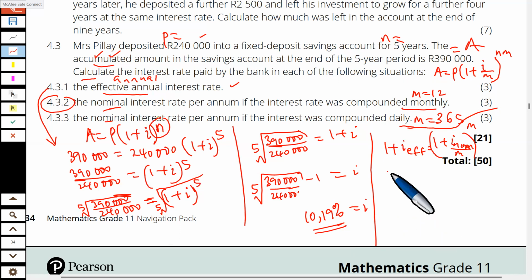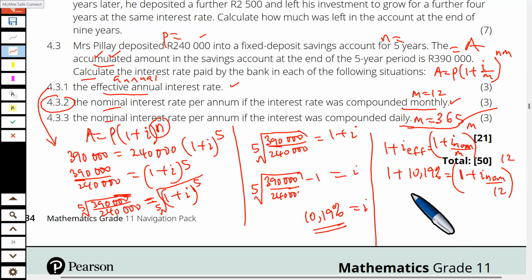Right, and we've already got that. So it's 1 plus, this one is already 10.19% is equal to 1 plus I nominal divided by, okay, because it's compounded monthly, so M is 12. M is 12. So you put 12 here and you put 12 there. And then you just need to solve for I nominal. Because it's 12 here,